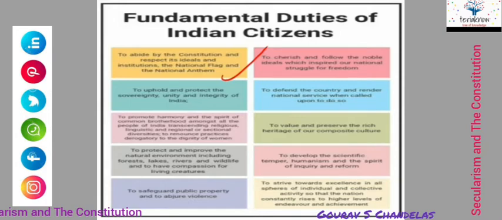Understood? Transcending religious, linguistic, and regional or sectional diversities. Exactly. To renounce practices derogatory to the dignity of women. Understood? So, the fourth one: to protect and improve the natural environment, including forests, lakes, rivers, and wildlife, and to